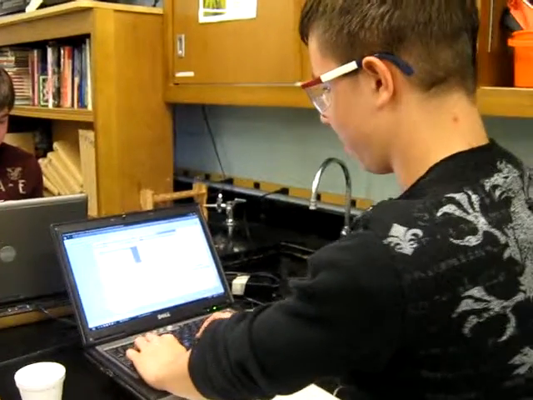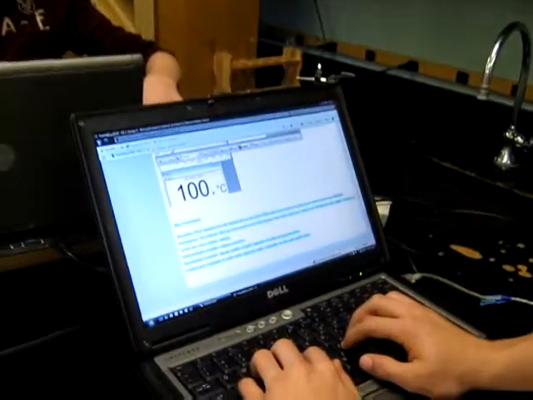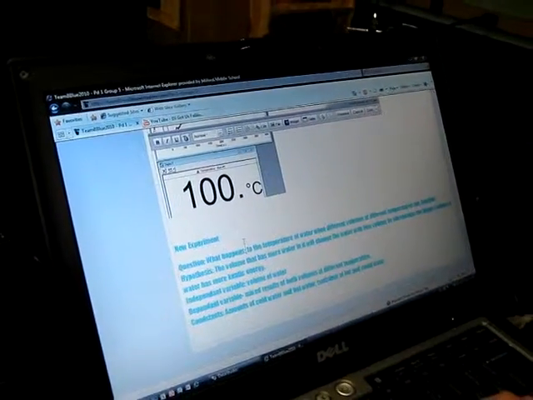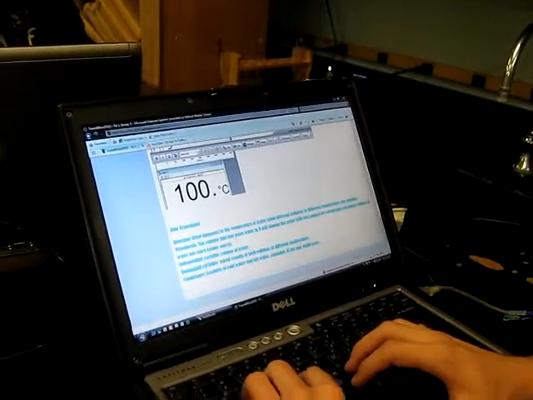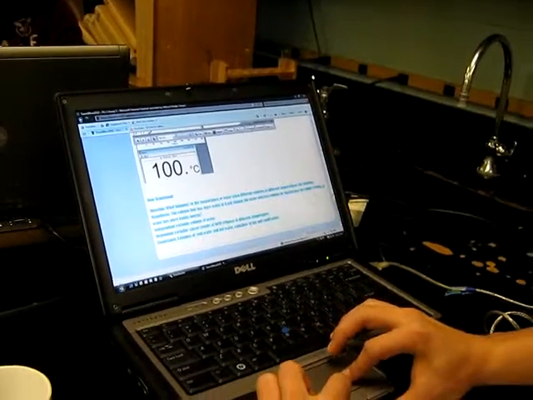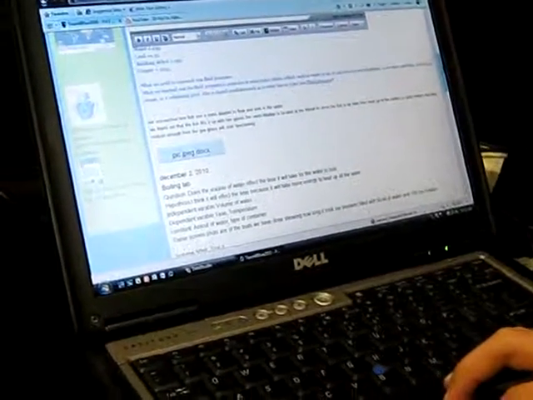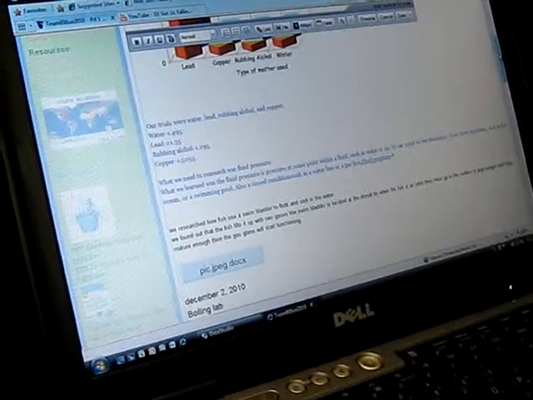I am typing up our lab report about what we're doing in our experiment. And where are you typing it? I'm typing it on our Wikispace for other lab groups to see what we're doing. What other kind of stuff have you put on your wiki? We've put stuff about like boiling water and